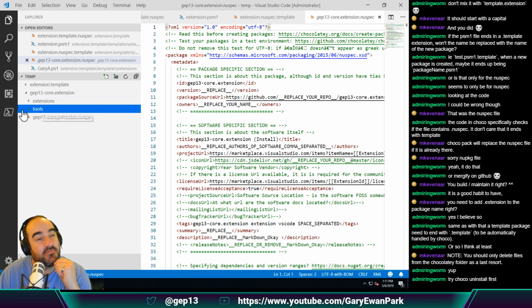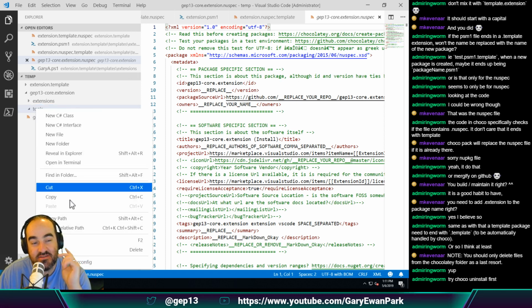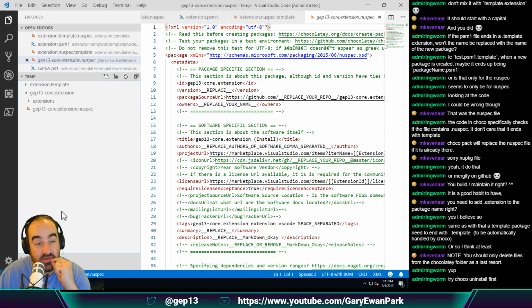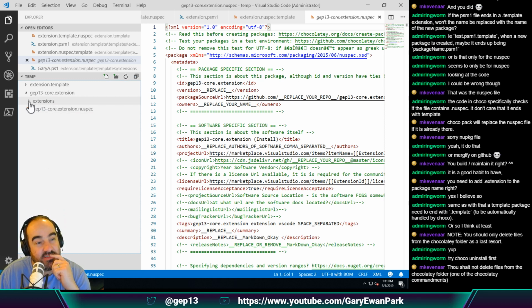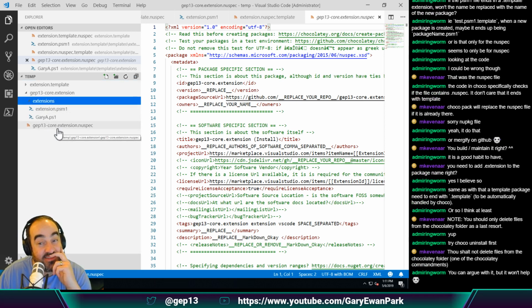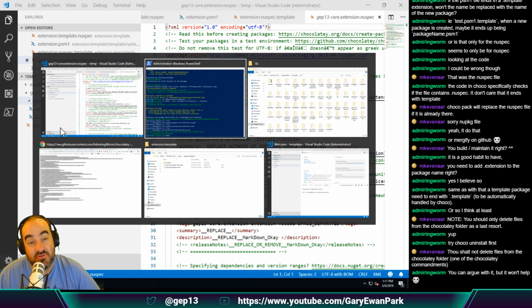So, the first thing that I don't like is that I've got this tools folder being created, which shouldn't be there because I don't have a tools folder. The second thing is... Yeah, you're right. You're absolutely correct. So, the first thing that I am not overly happy with here is, let's go and have a look at